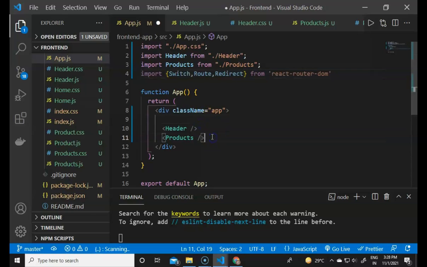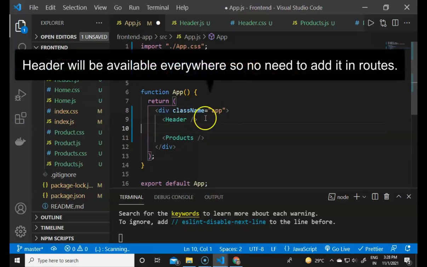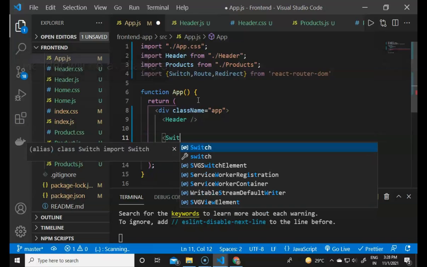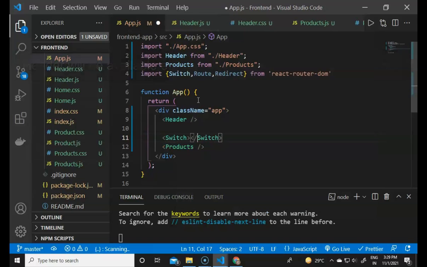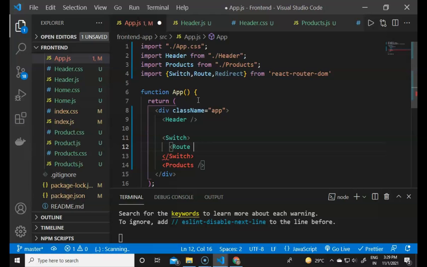So then we have to use this. The header will be used everywhere in the app, so we use the header here, and after the header I will create a new route with this Switch. First we have to wrap it inside the Switch. The Switch will contain the Route functionality inside it, and to create a route we give a Route, and first it will take a default route, and we provide the prop path and define the default path with it.